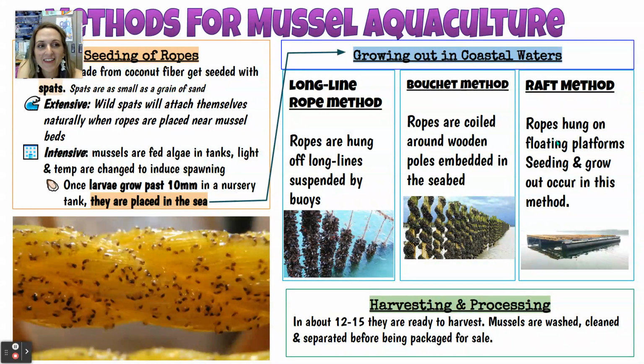Raft method, the ropes are hung from floating platforms. Seeding and grow out will occur in this method. So the floating platform, it's very similar to like your long line, but one's a raft, one is anchored or floating by buoys. For harvesting, in about 12 to 15,